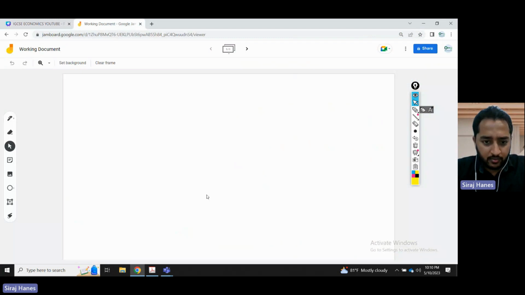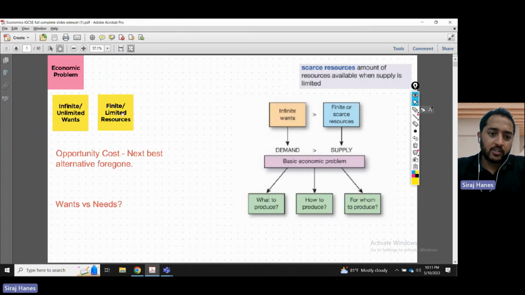This will be my working document where I'll draw some diagrams for you if need be. And onto my slides, where I shall take you through the real concepts of what you need to do. So about 30 slides to cover. Let's get on with it, all the way from the basics. You may already know some of these concepts, but follow through with me so that we can get it from the beginning and know all the concepts correctly.